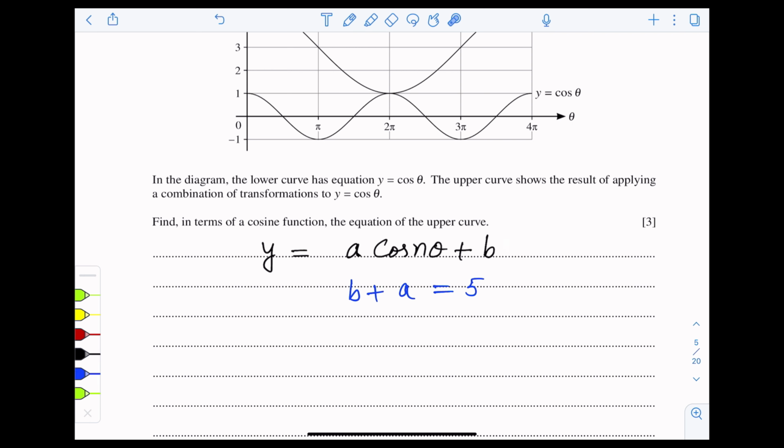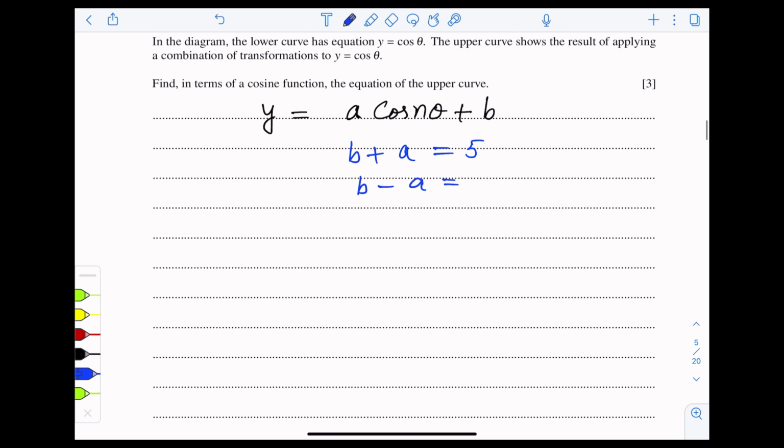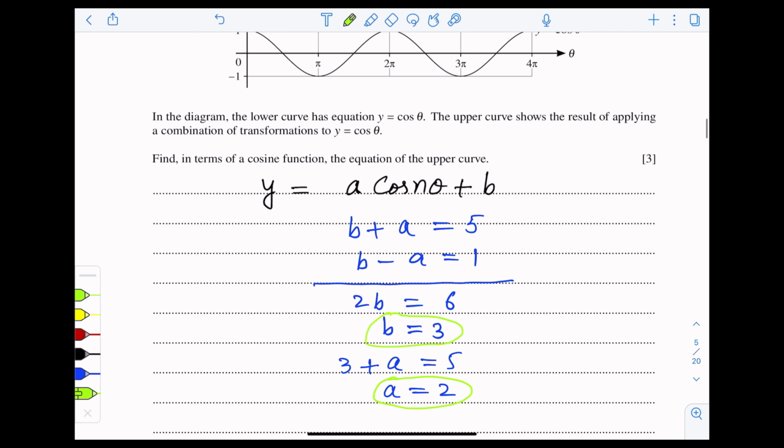और बी माइनस ए जो है दैट विल गिव यू मिनिमम पॉइंट। बी माइनस ए इज इक्वल टू, मिनिमम पॉइंट इज this of the upper curve, minimum point is 1, so b minus a is equal to 1। adding these two equations we get, ये a से a कैंसिल हो जाता है, तो 2b is equal to 6 और b is equal to 3। b हमने फाइंड कर लिया। नाउ पुटिंग दिस वैल्यू ऑफ b इन एनी इक्वेशन, this becomes 3 plus a is equal to 5, from here a is equal to 2। तो ये हमारे पास b की वैल्यू आ गई है और ये हमारे पास a की वैल्यू आ गई है।